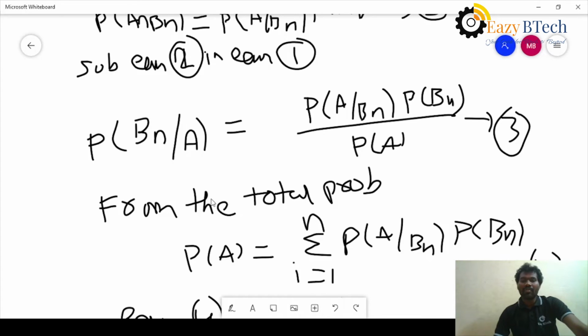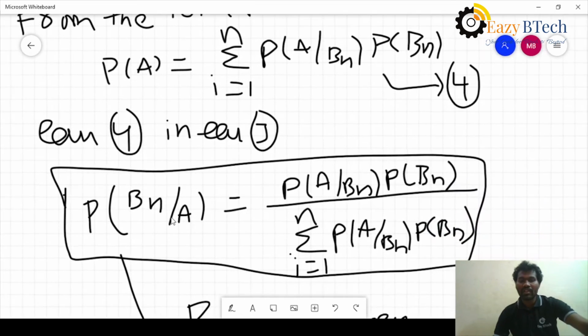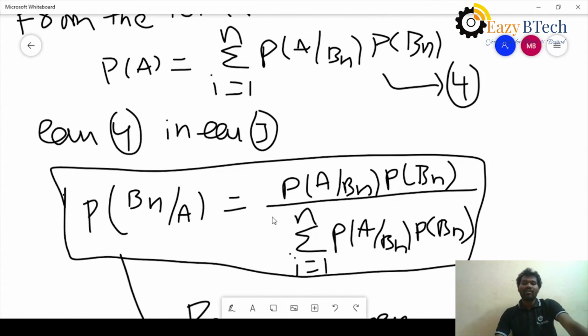But we already know that from the total probability, P of A can be written like this: P of A equals sigma i equal 1 to n P of A given Bn into P of Bn. So I will substitute this P of A in equation 3. Then what I will get is: P of Bn given A equal to P of A given Bn into P of Bn divided by sigma i equal to 1 to n P of A given Bn into P of Bn. So this is called the